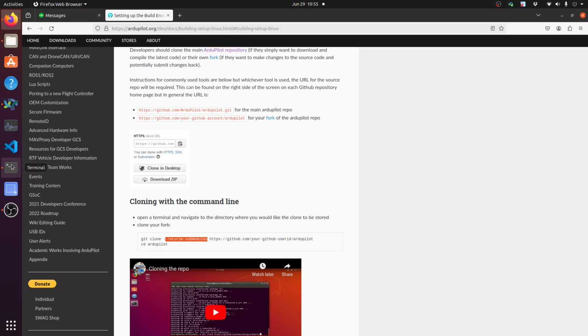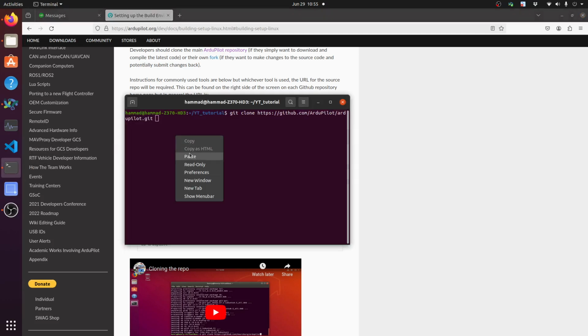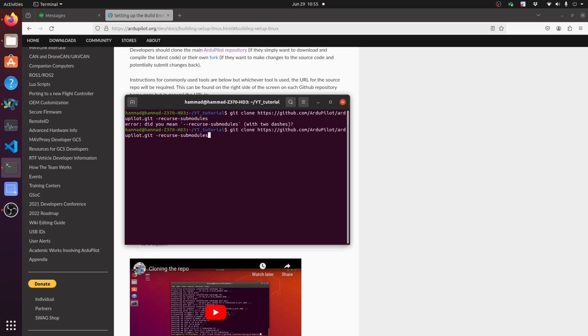So it's better that we run this here. So let's start the cloning process. Okay, sorry, we need to pass double dash here. Okay, so it's cloning. It will take a few minutes depending upon your internet speed. So let's wait for that.